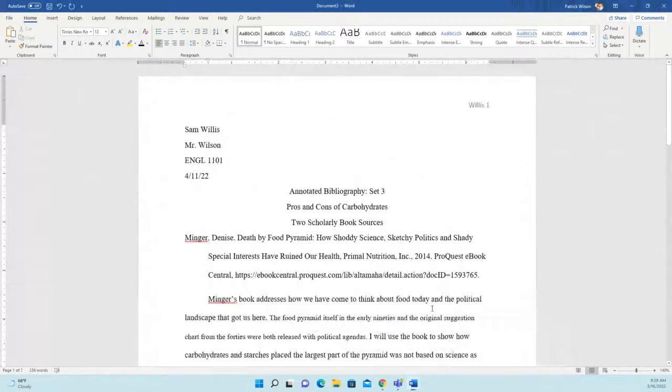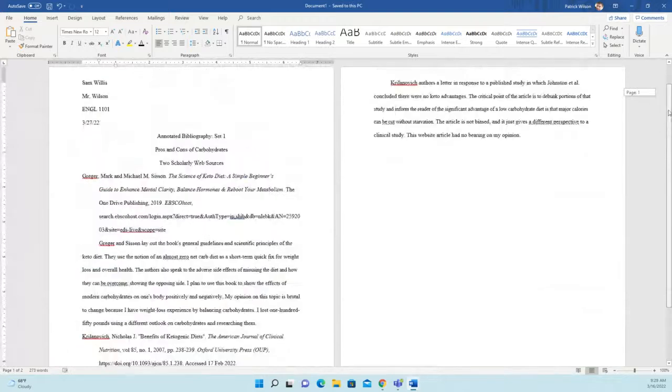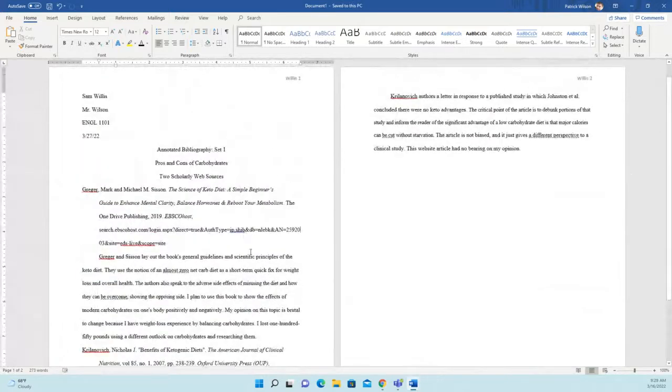It's just your sources are going to change from each one of these sets, because you're dealing with 2 different types of sources, and your answers to those 4 questions are going to change, because again, you're reading 6 different sources. So you're using the same 4 questions, sort of the same setup and organization. You just want to make sure that your citation is in order, author's last name, in the correct MLA format, and your paragraphs are not riddled with grammatical errors,